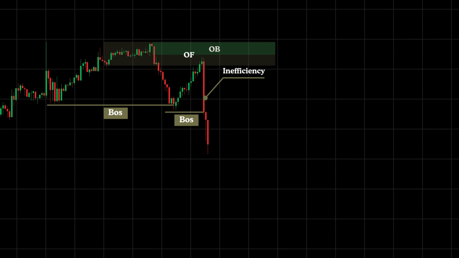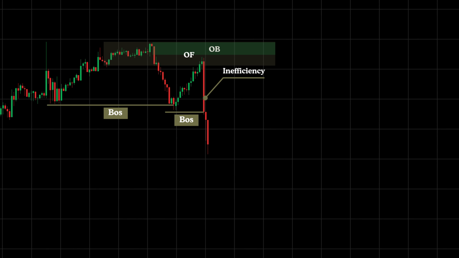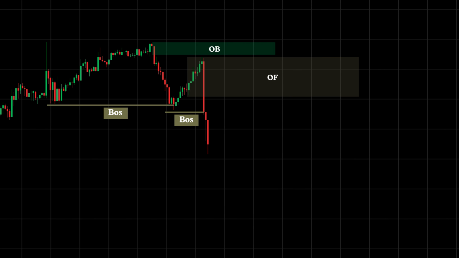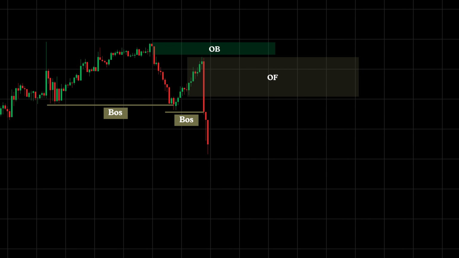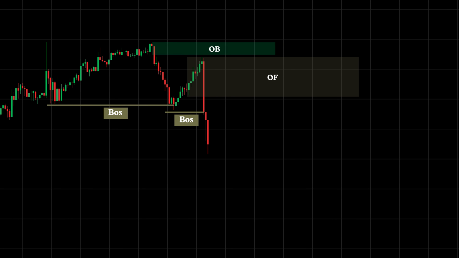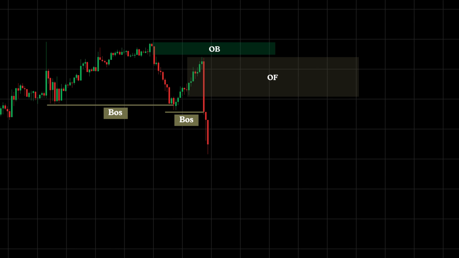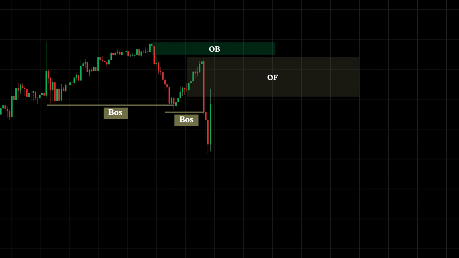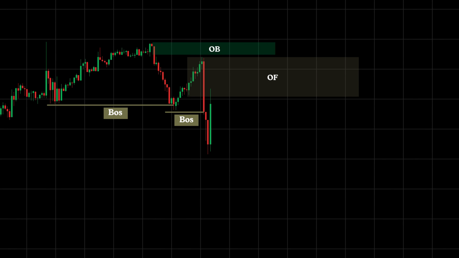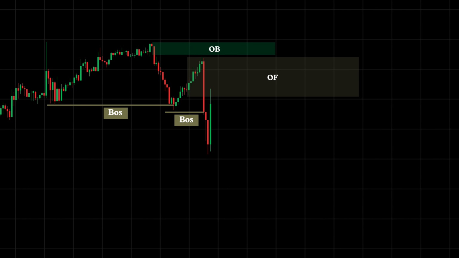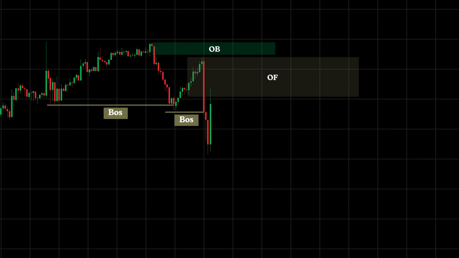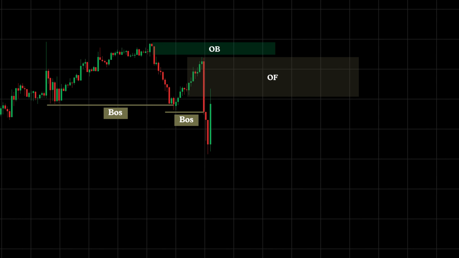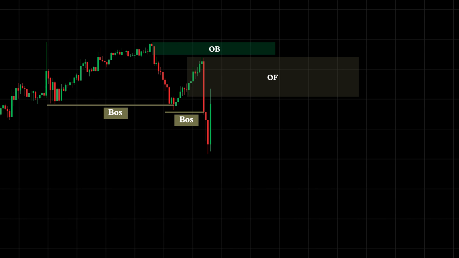clear inefficiency behind. At this stage, our main task is to identify the bearish order flow formed during the downward rally. This zone represents the final buying momentum before the strong bearish movement. Once the area of interest is highlighted, the next step is to wait patiently for price to revisit the order flow zone. As shown on the chart, price surged upward quickly with a strong white candle, penetrating into the order flow zone. From here, we switch down to the 1-minute time frame for greater detail and to look for a